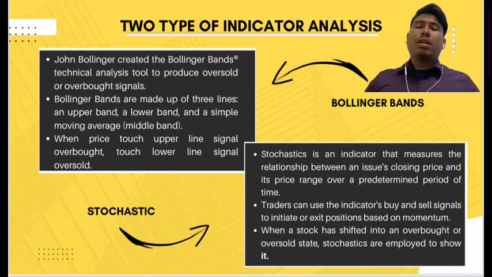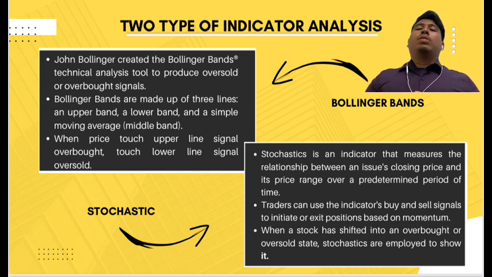For Bollinger Band, the person who created it is John Bollinger, as a tool to produce oversold or overbought levels. Bollinger Band is made of three lines: the first one is the upper line, the lower line and the middle line, which is the moving average of the stock. As for information, when the price touches the upper line, it shows overbought, and when the price touches the lower line,